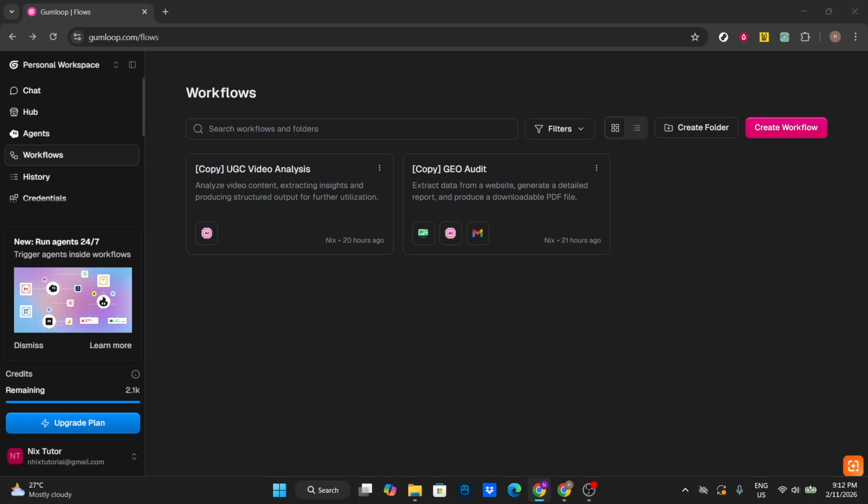In today's video, I'm going to teach you how to integrate Stripe in Gumloop. We'll start inside Gumloop and finish with a connected Stripe node that you can use in your workflows. Before you begin, make sure you can sign in to a Stripe account that has the right permissions for your